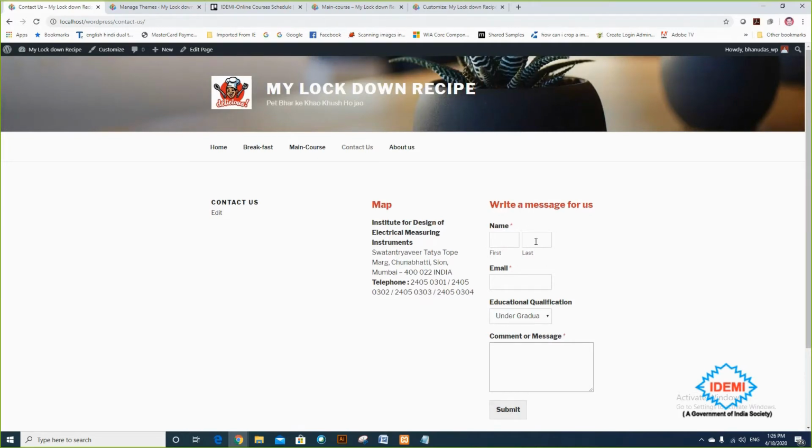Because of my theme, it's putting all the information in a compact size. So I can modify this by selecting proper dimensions, through another plugin or through another thing. So I'm clicking on dashboard here and returning back.